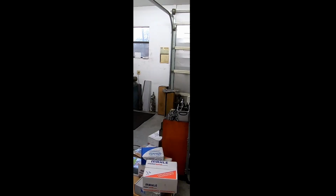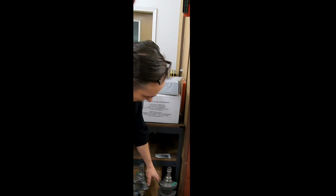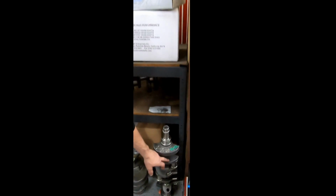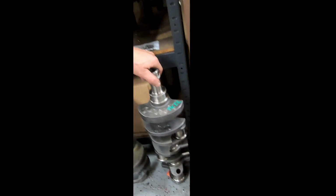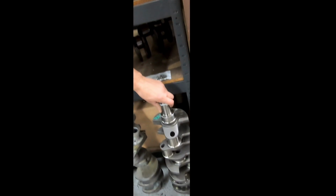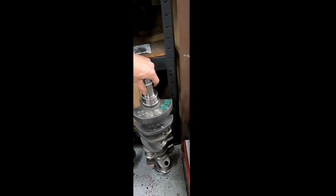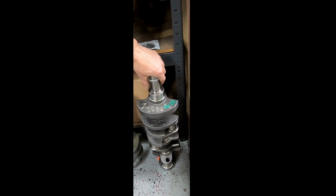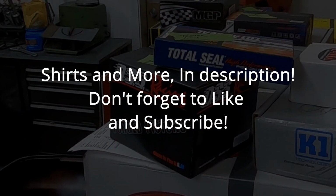Sweet. We balance all the cranks for GPI, and also for Kuntz. This is one of our special projects. You can see the heavy metal that's been stacked in here. Oh yeah. And this is going in an 8.2 deck Ford. It's going to be a 392 cubic inch engine. It'll be 15-to-1 naturally aspirated. It's got a set of 11-degree heads on